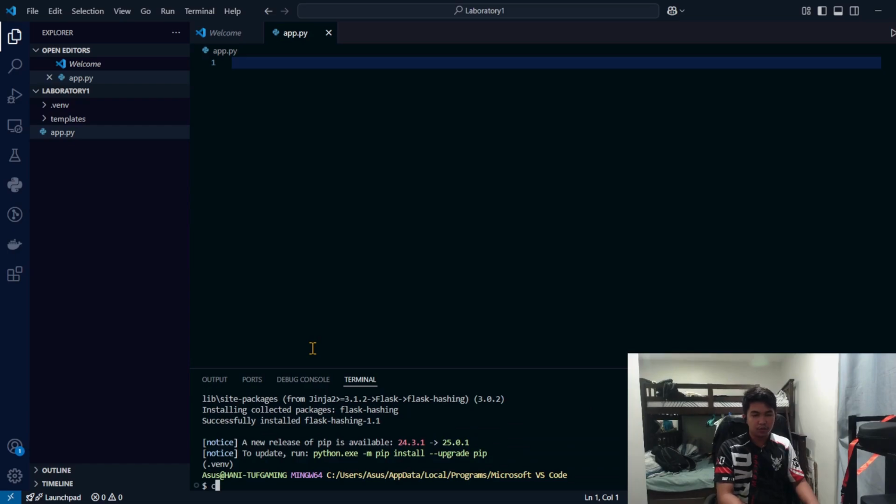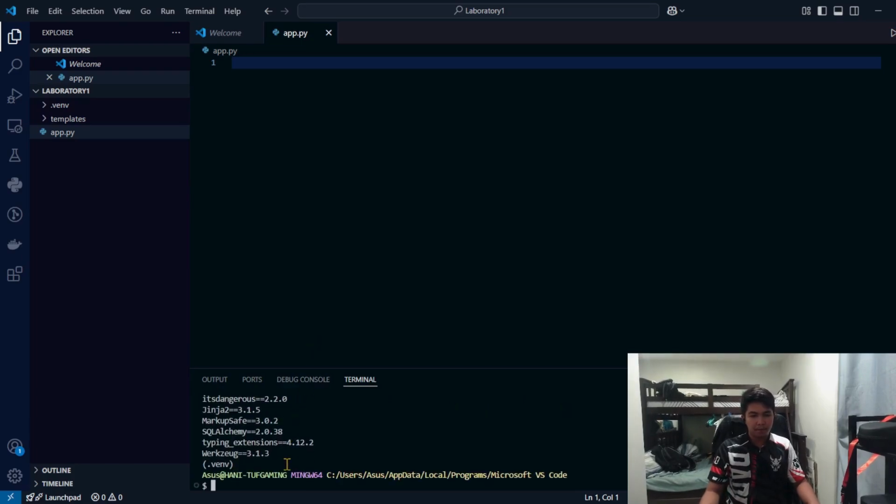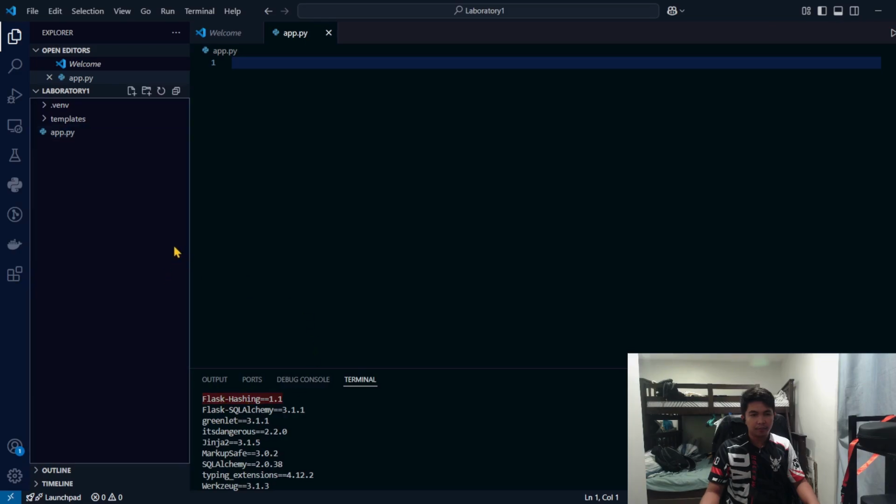Okay, here, let's check our libraries. We already have Flask SQL Alchemy, the Flask library, and also Flask hashing.